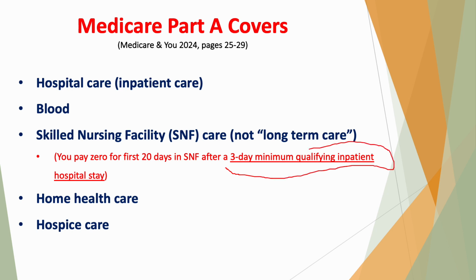You want to have a 3-day, it's called the 3 midnight rule, inpatient hospital stay in order for the first 20 days to be covered under Medicare at a skilled nursing or a rehab facility. So if you think you're going to be moving to a rehab facility after a hospital stay, make sure you have that 3-day inpatient stay. Ask, am I being admitted into the hospital? Because it's possible to be kept at the hospital, move to a room, be served meals, and be there under